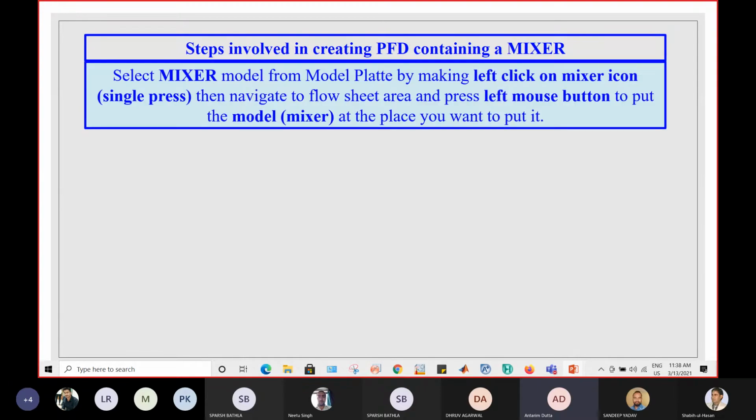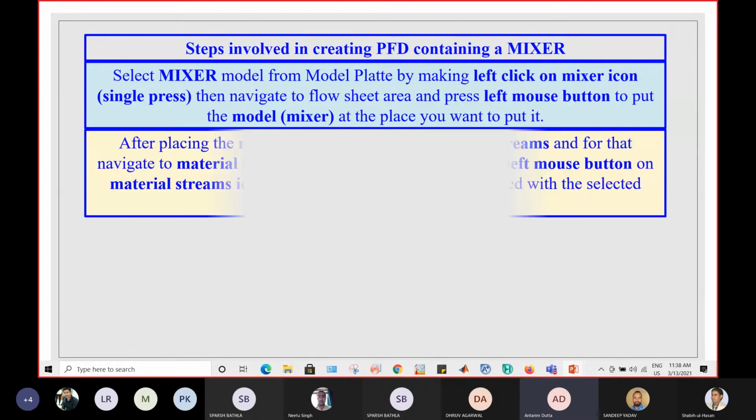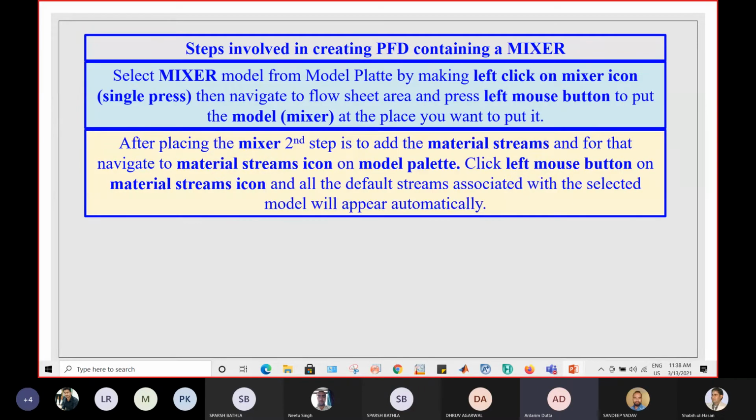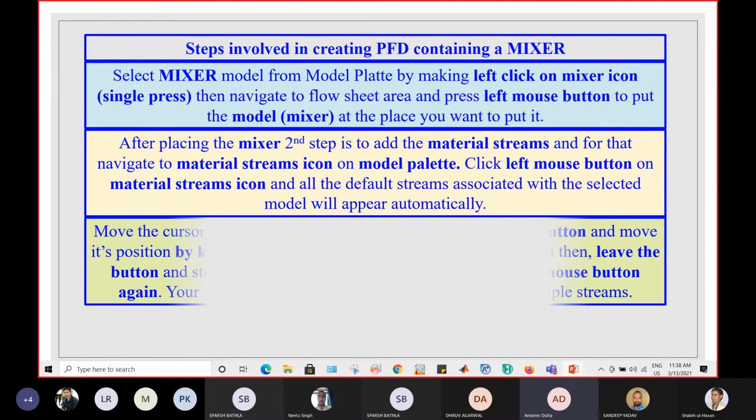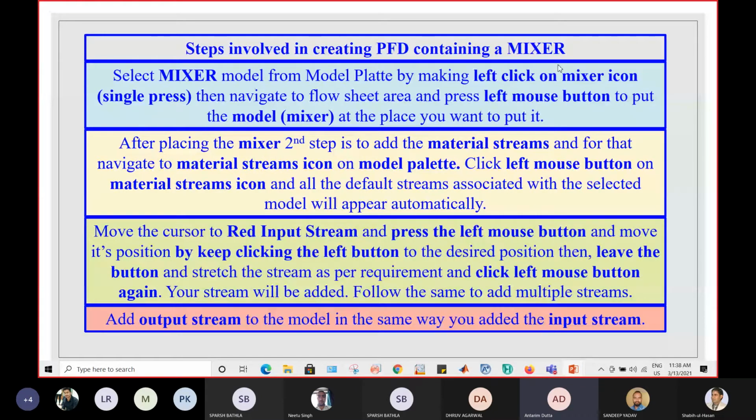That is depending on the number of models and the number of streams that you have. It may be a complex PFD or it may be a very simple PFD. But for now, we are working in a very simple environment with very simple problems, so as to have a very good hold on the foundation. And in later lectures, I will be discussing a few complex things. So each and every single thing is mentioned over here.